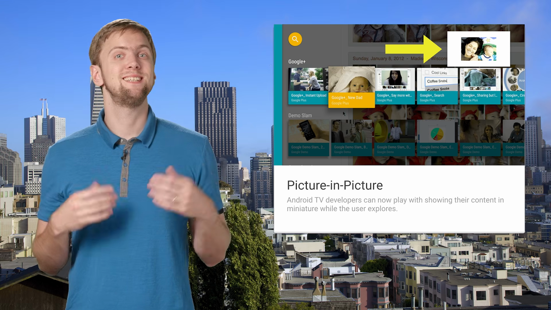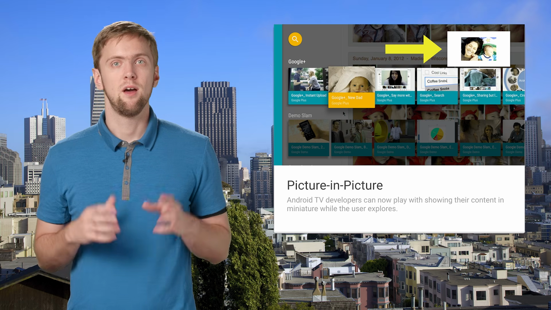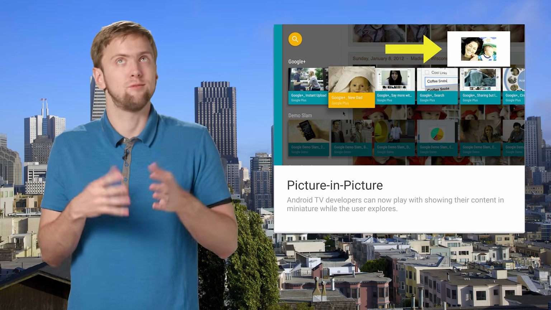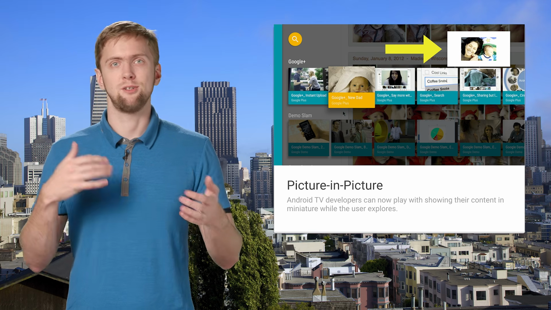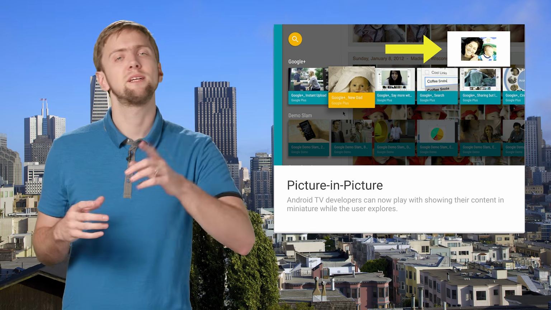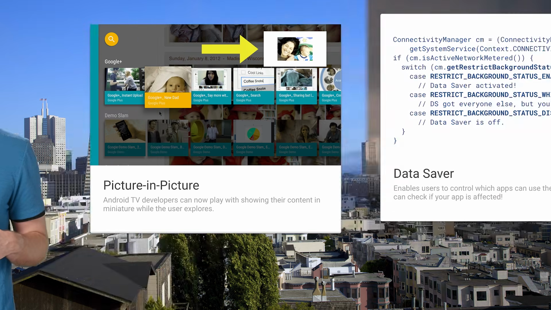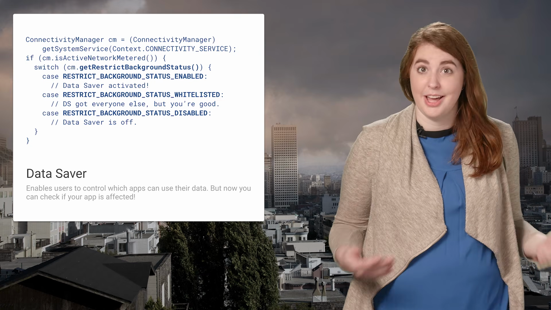Now, your app can continue to run in miniature form on top of everything else. Of course, that means you should hide things that are totally unreadable in Picture-in-Picture. There's new callbacks for when you enter and leave this mode if you choose to support it, which you should, particularly for video apps out there. So yeah, multi-window wins the day, but there are so many new features that have nothing to do with the